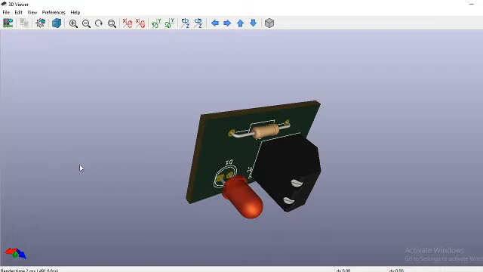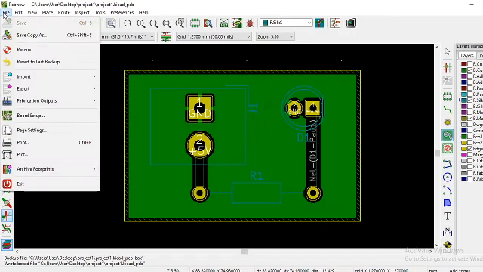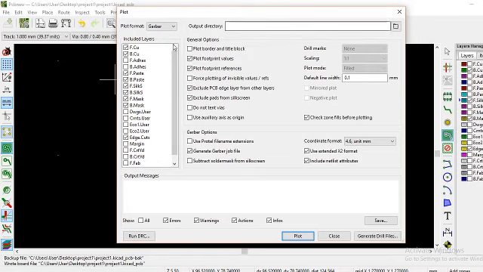So to send it to a manufacturer, you will need to generate all Gerber files, because you can generate Gerber files for each layer and send them to your favorite manufacturer who will make the board for you. So in order to do that, you should create Gerber files also. To create Gerber files, close it and go to file, then choose the option plot. Then here we can select the layers.